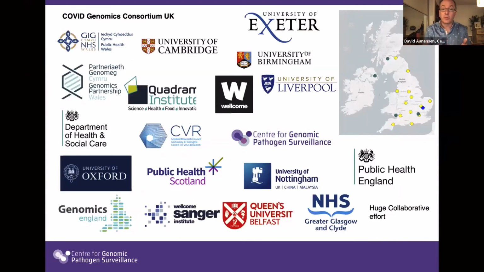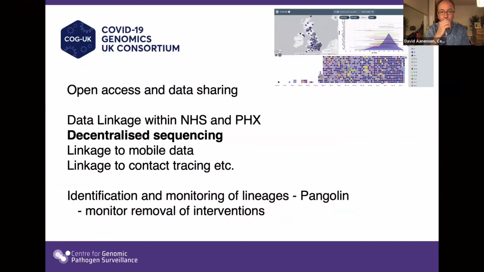So this was a very vast project involving many, many institutes that took on the sequencing themselves locally, but to bring that data together nationally to be able to understand what's going on. Open data sharing. So all of the genome sequencing was put into public archives and then data linked to as much of the relevant epi and patient information as possible, along with information around, for example, mobile data or movement patterns to understand whether there were certain lineages or variants that were transmitting due to population movements, and then contact